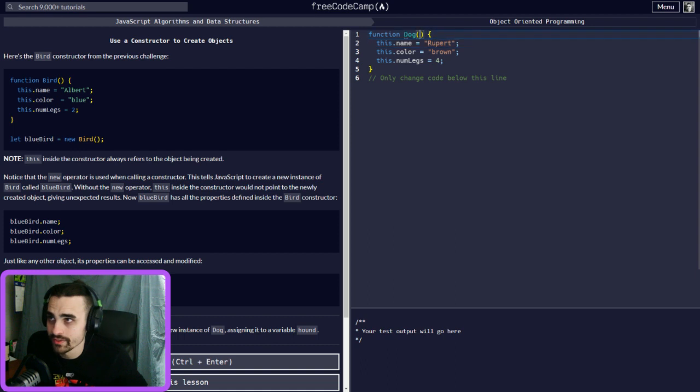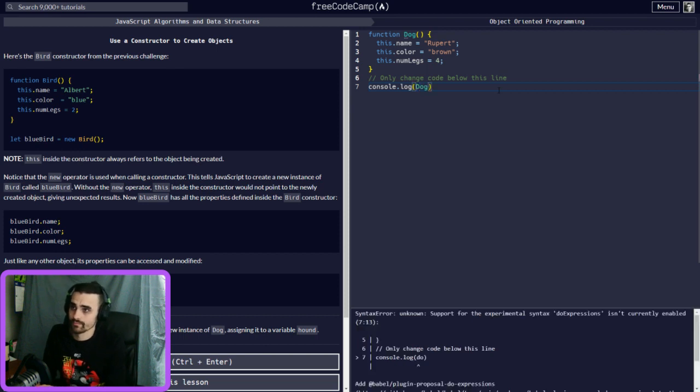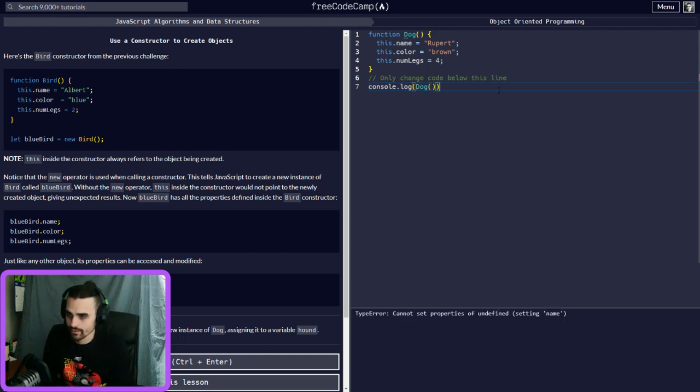If there's nothing put in here, I guess if we just did console.log dog, we'd probably get some undefined setting name. I guess we can't just create dog. Well, if we create a new dog, okay, that's why.